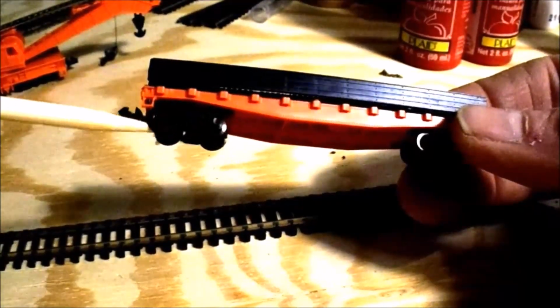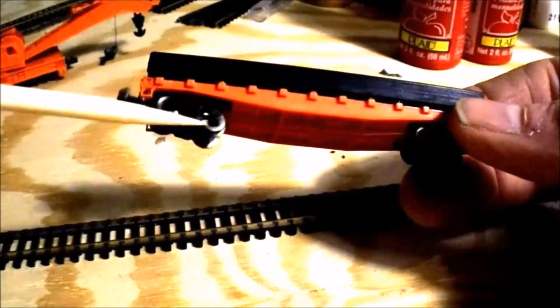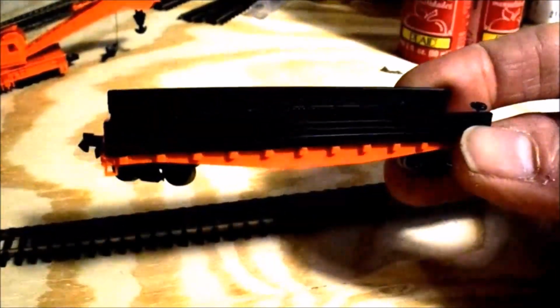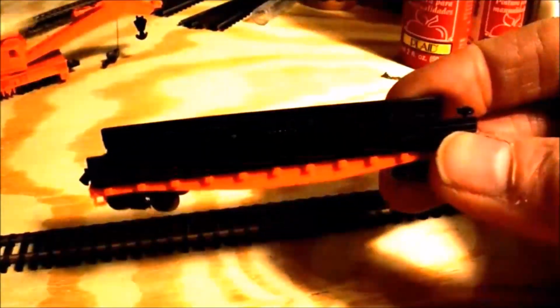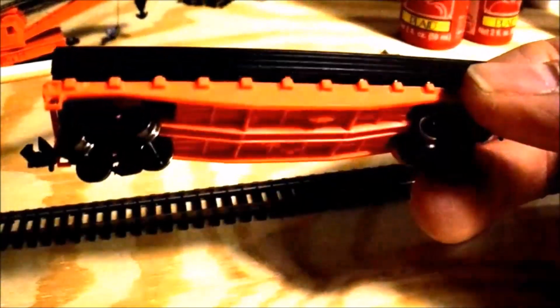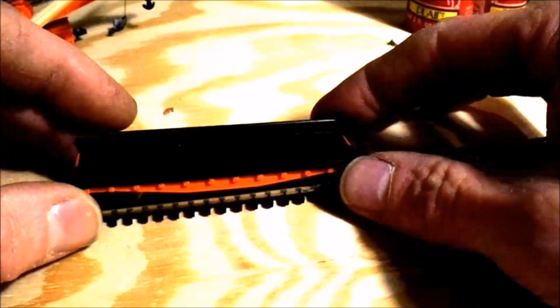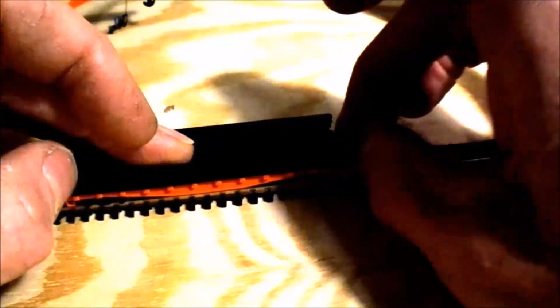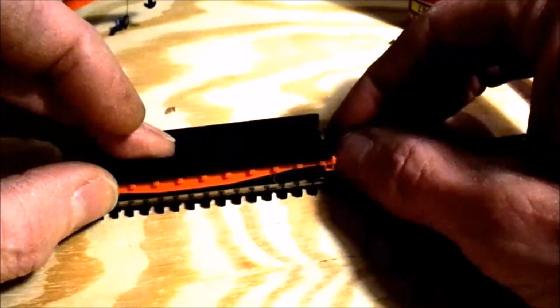And these, I'm going to get new wheel sets. I'm just going to get some Microtrains wheel sets with their Microtrains couplers on them to replace those. I will also probably use some of the powder on the crane also. Okay, so that is what I'm going to do, I have to take all this apart and paint it, and I will show it again in the Penn Central livery before I begin the weathering